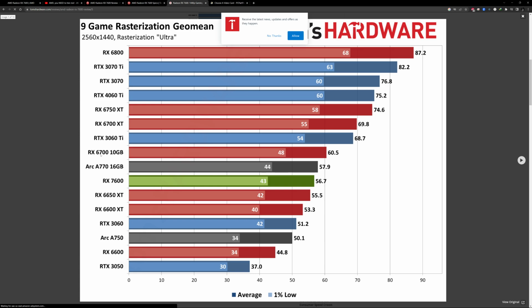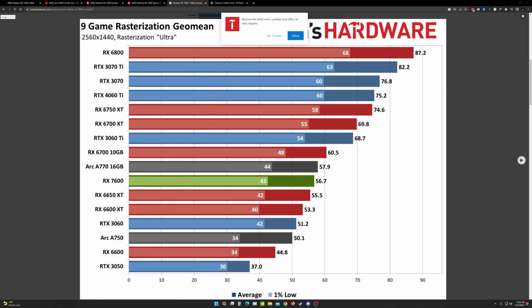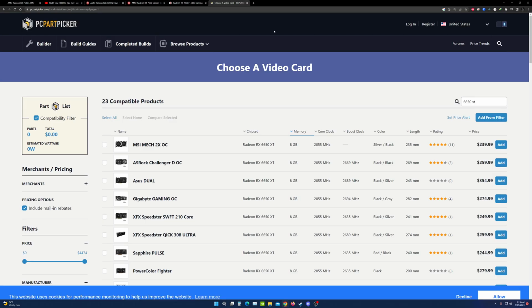nobody reviewed this GPU and compared it to the 6700 10 gigabyte. The 6700 10 gigabyte is only about 6% different, if we get the calculation right: 56.7 divided by 60.5. Say 7%, because it's a different metric. It's 6% essentially, 7% if you round up. The percentages are different because you have a different base number. But you can get the 6700 with 10 gigabytes